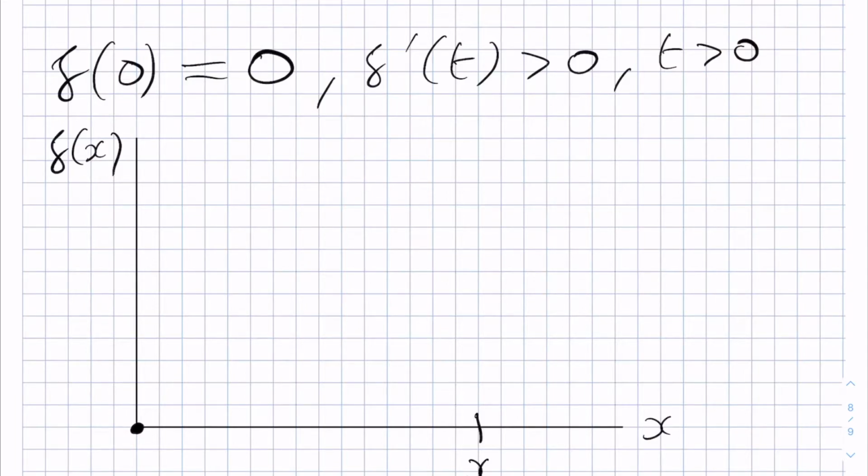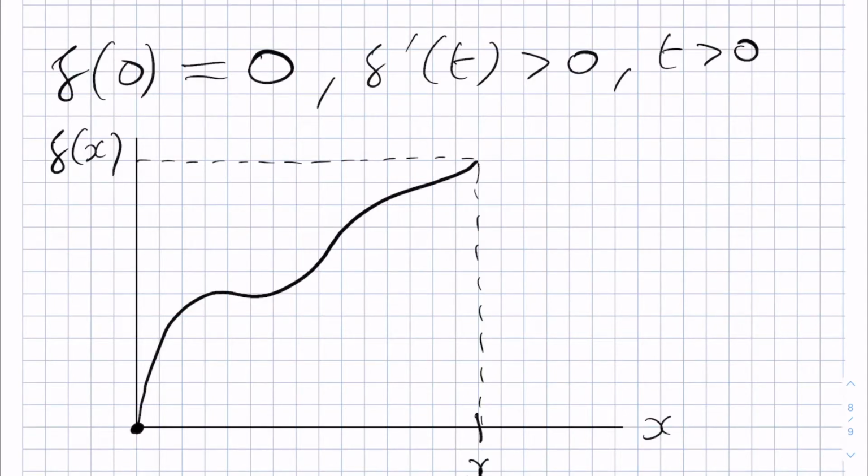Because it's increasing, it looks something like this, where round here I've drawn it slightly wrong because it shouldn't actually go down, it should just be entirely increasing, but that's kind of the idea. And so we have this x here, and then correspondingly, this is the value f of x up here